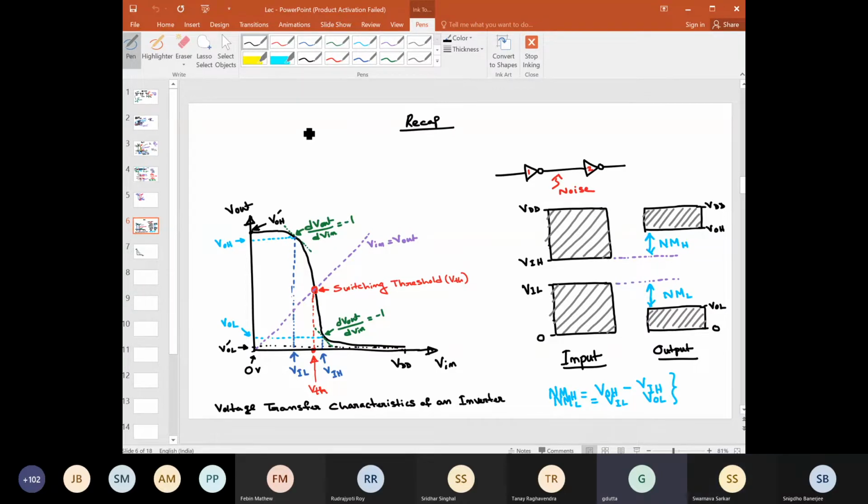All right, we have looked into one basic inverter configuration and some generalized structure, which is something like this. This is the load, and you have an NMOS here, right? This is the V in and this is V out, right? This is VDD, right? And we have also discussed that this output probably will be driving another gate, another MOSFET. So this will be maybe again connected with another gate, right?